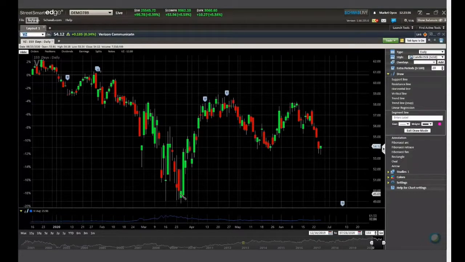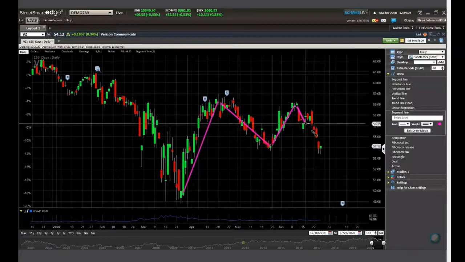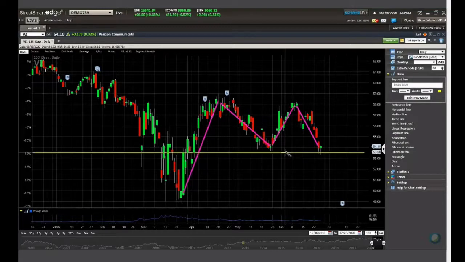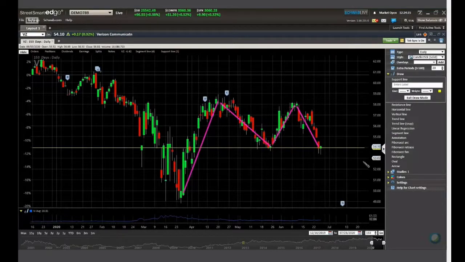I've got my segment line. You've got this movement up right there. There's your first top coming down. Here is your second top coming down. Now, what are we looking for? Well, this was in a bullish movement. What we're looking for is a break below this line right here. Okay, so that would be your double top reversal.